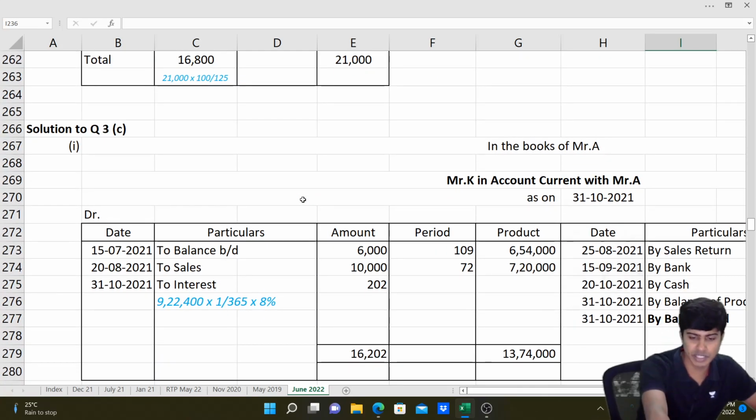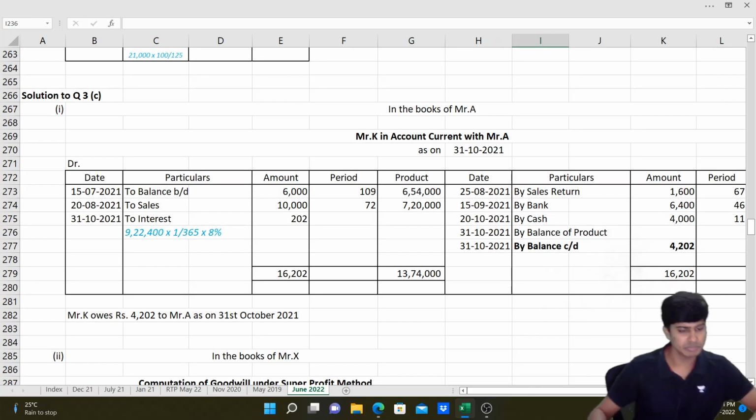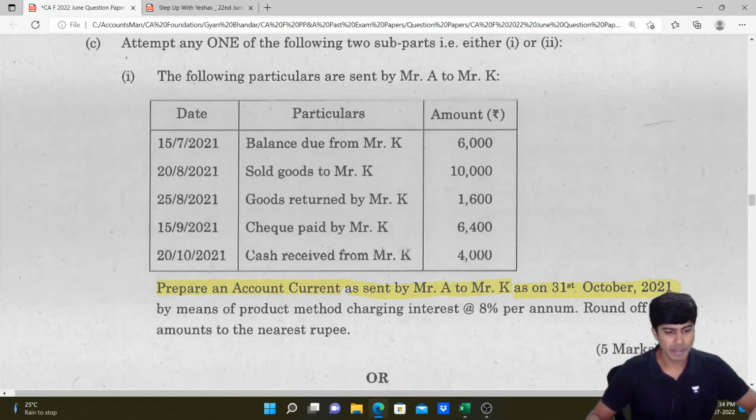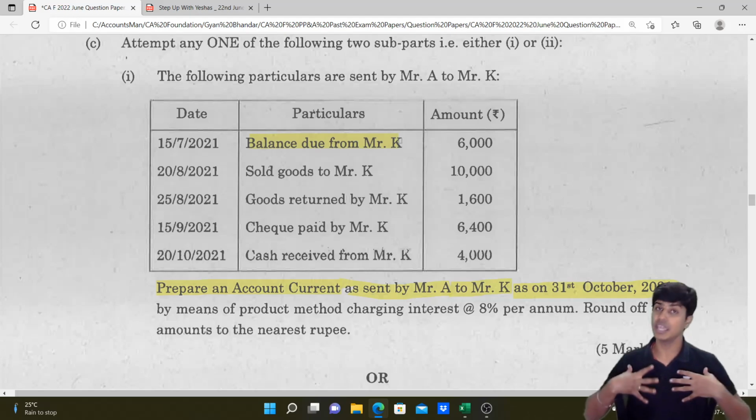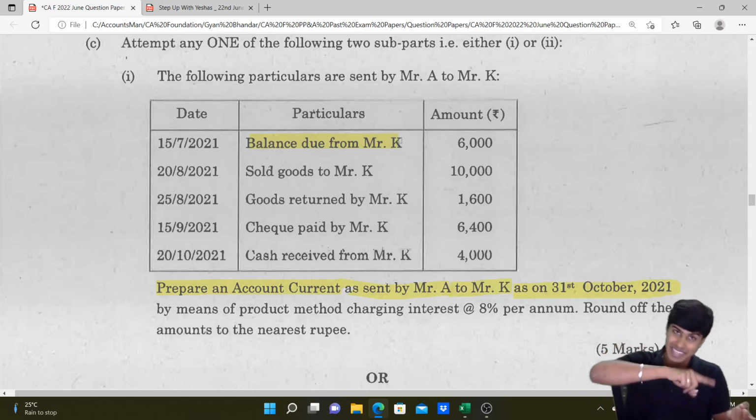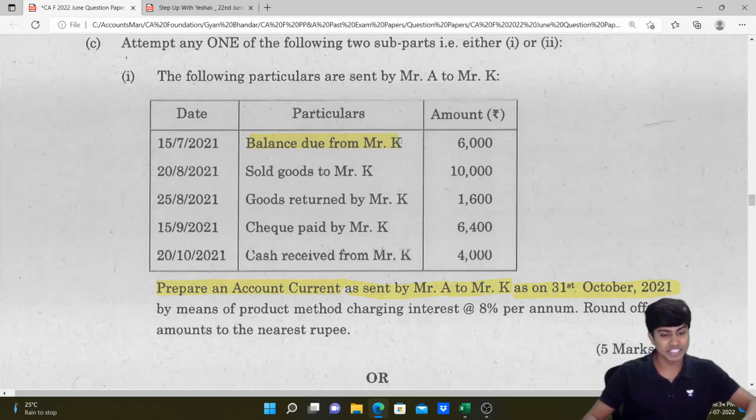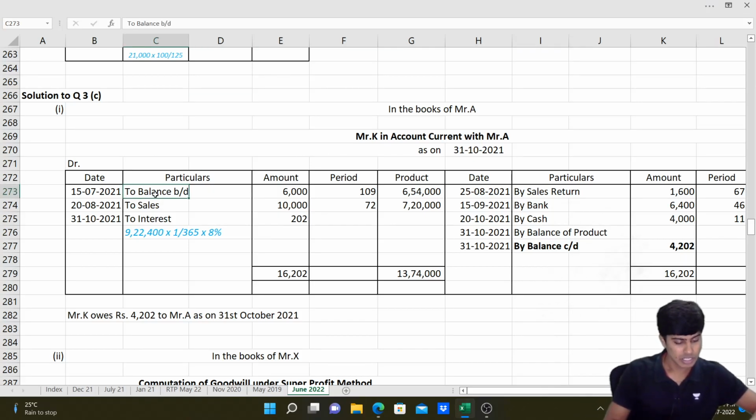So in the books of Mr. A, Mr. K in account current with Mr. A. First transaction, balance due from Mr. K. We are A. From K we are supposed to receive money. Asset, balance sheet, debit side. I want to say account, debit side. So